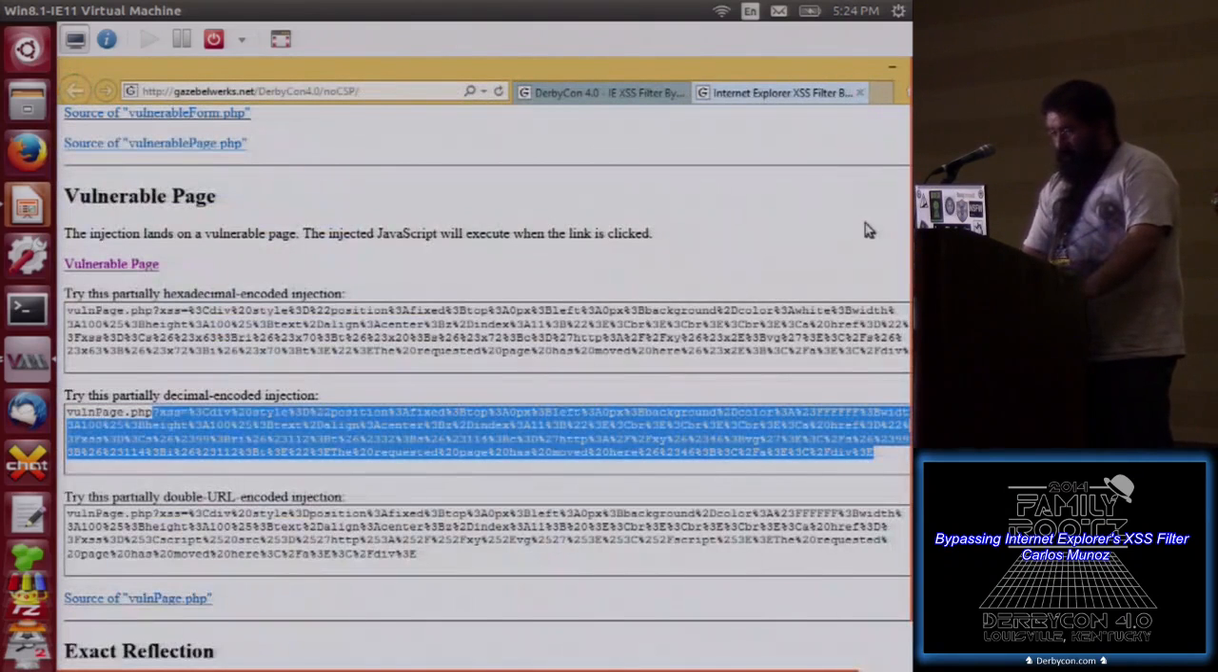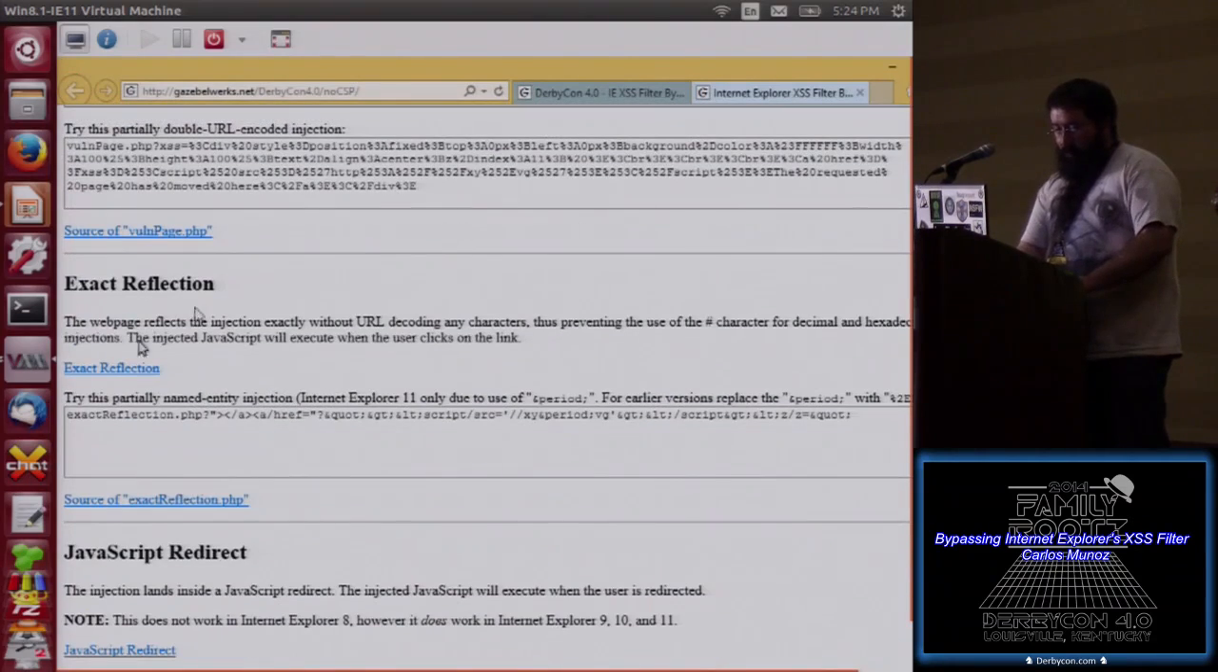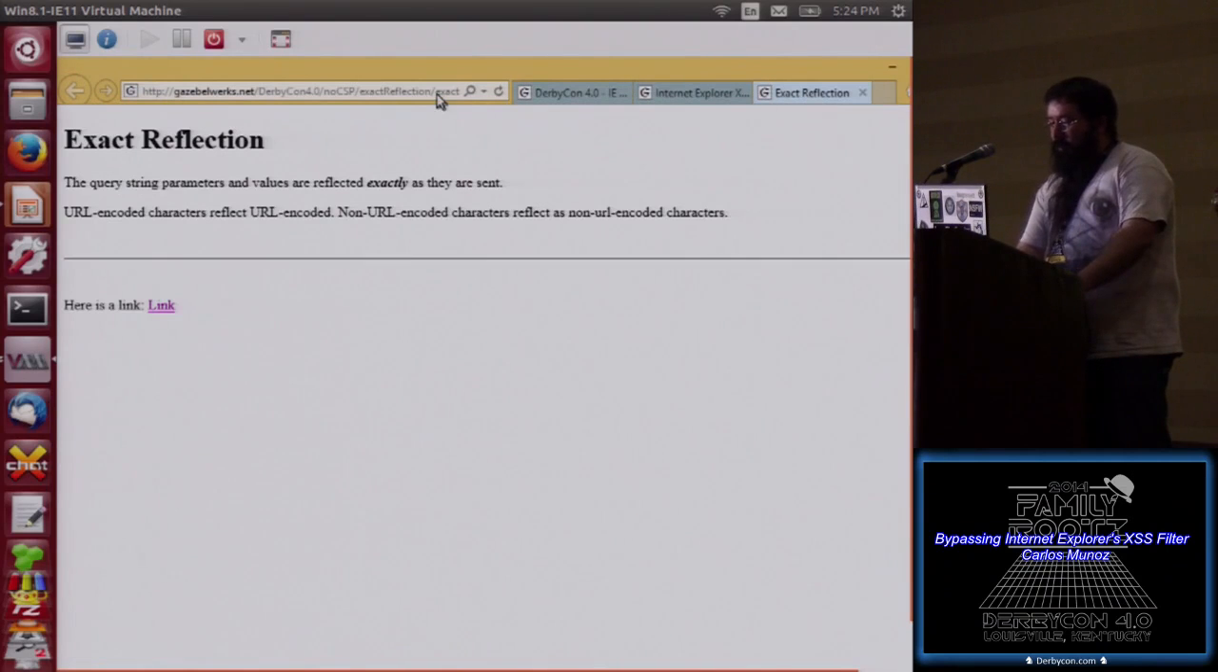Let's see, I'm just going to go over one more demo. So every so often you'll run into a page that will reflect your injection exactly how it is made. So if your injection is URL encoded or whatnot, it will land as URL encoded. So this can be bypassed as well. On this page there's a link,